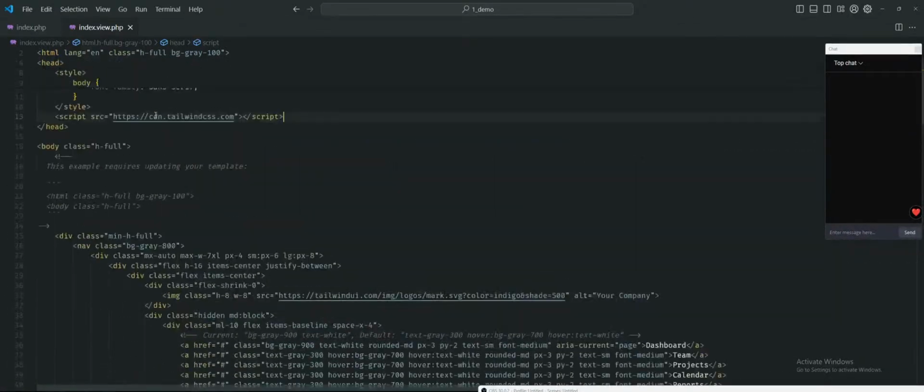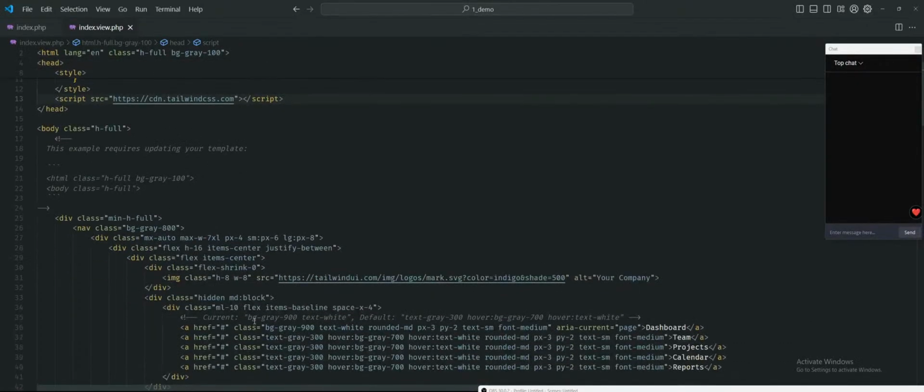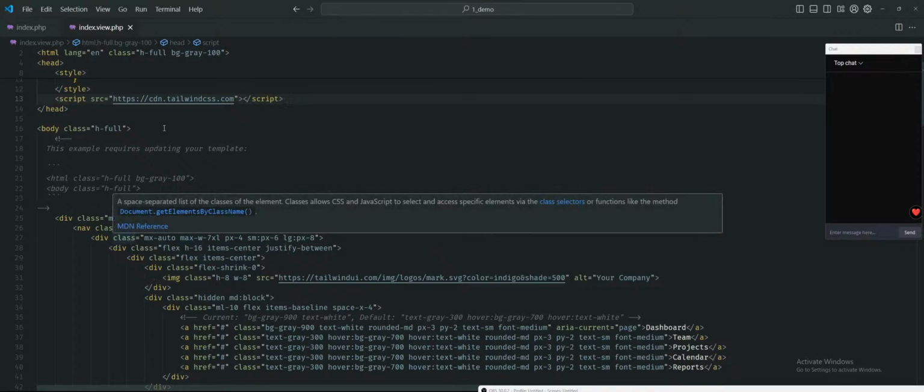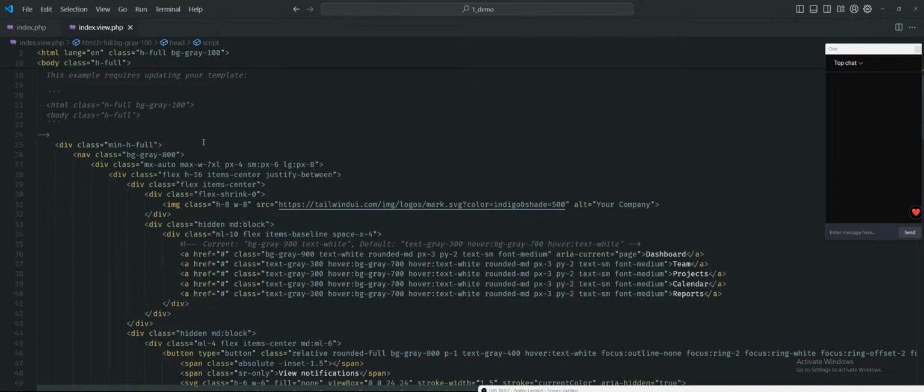So Tailwind CSS is a package which essentially contains a bunch of predefined classes. So these classes have rules which are applied from the CDN link over here. The CSS file is somewhere in the cloud, you can imagine, and the class rules are applied over here. So for example, if I had to center a div, I could just say item center, and if I hover over this,